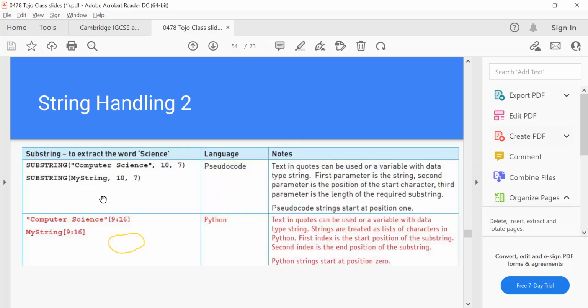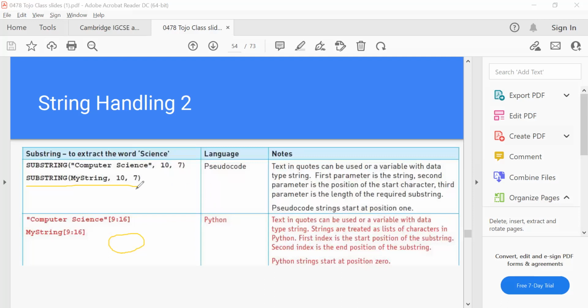Here, did you see substring, and see how it is able to cut a Python string before? Tojo, can you still hear me? Yes, I can. Did you see substring before in the pseudocode? No.